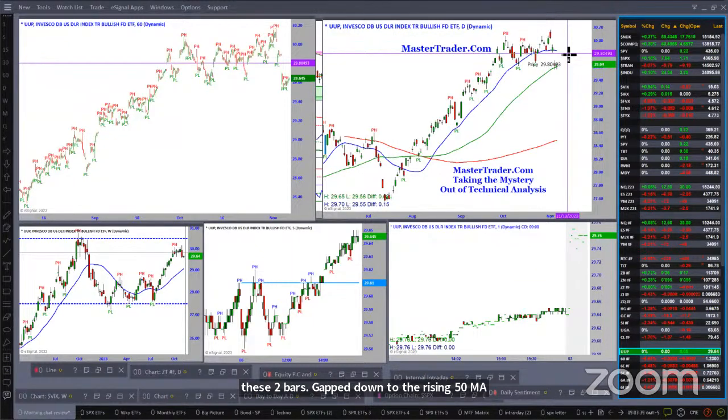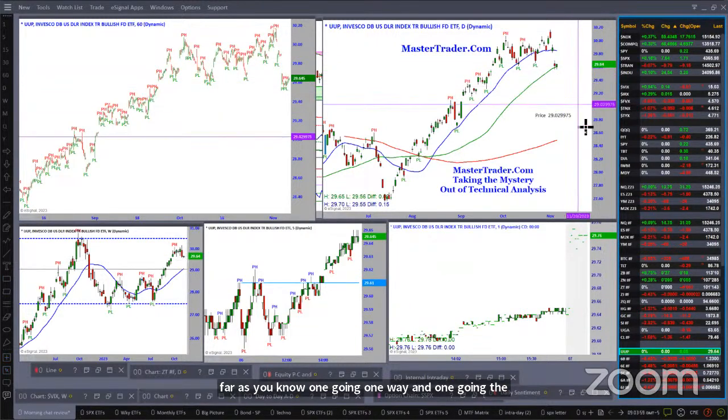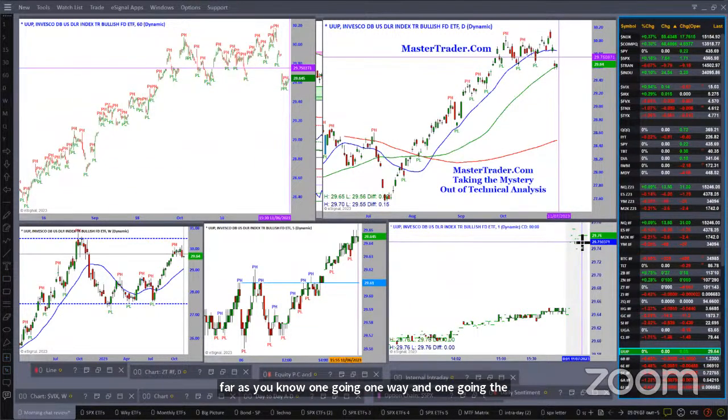So opposing forces: if the dollar and interest rates go in the same direction up, that puts downward pressure on equities and vice versa. So I'm looking at that as a neutralizing situation, with one going one way and one going the other. Now, I'm not sure why the dollar is gapping up like that.